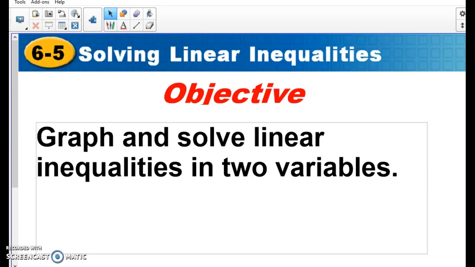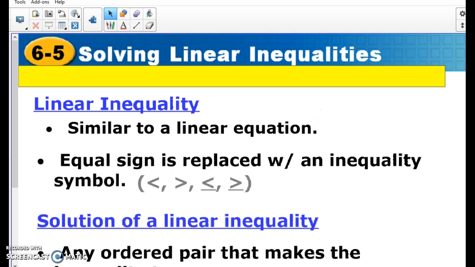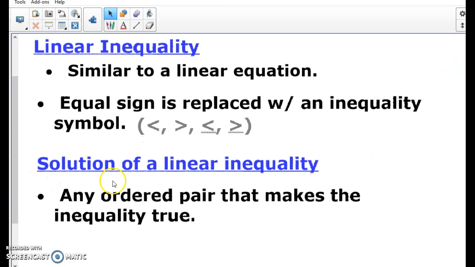Alright, so this lesson is going to be kind of a combination of some things we've done before. There's going to be one small difference, and you'll see what that is here in a second. So remember, a linear inequality is pretty much the same thing as a linear equation, except it has these signs here, the less than, greater than, less than or equal to, greater than or equal to signs, instead of an equal sign. And the solution of a linear inequality is anything that makes that